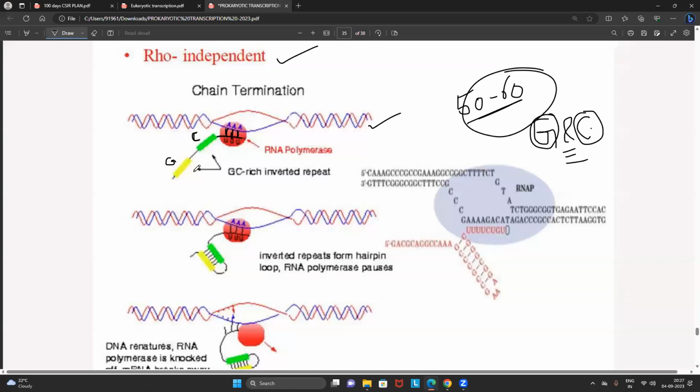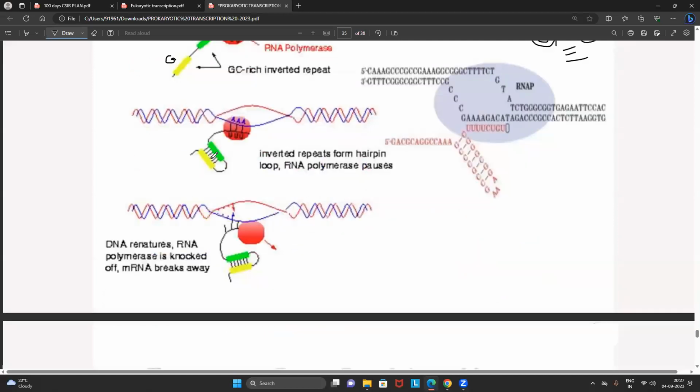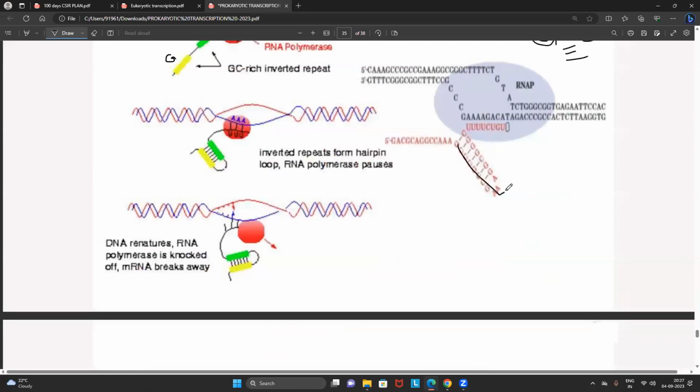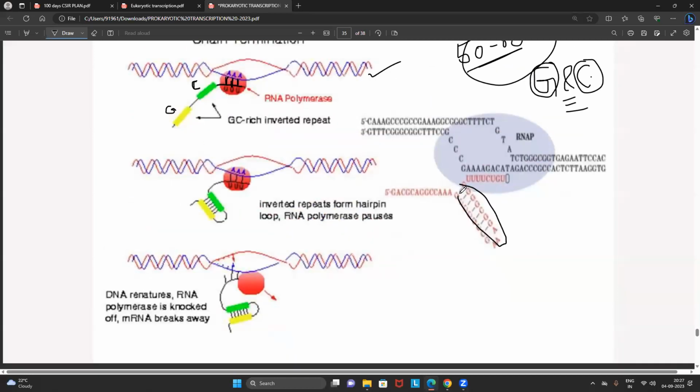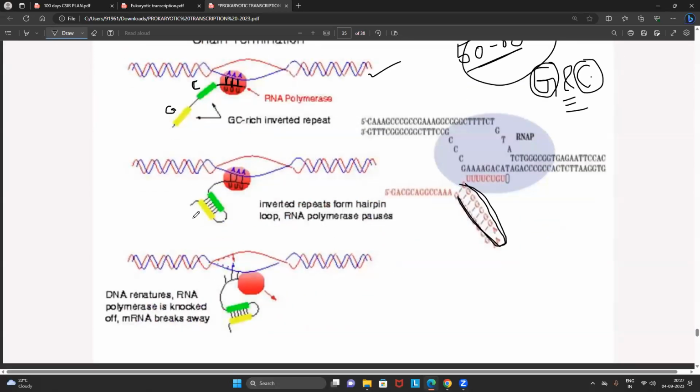Now the question is very, very clear, friends. How does the guanine pair with the cytosine? With the help of hydrogen bonds. Now look into this. Whenever guanine pairs with cytosine, see this? It forms a hairpin loop-like structure. So the ladies keep a hairpin, and when guanine and cytosine pair, it also looks exactly like a hairpin. Now the point is very clear. The hairpin loop will provide the strength. Remember my words, friends. The hairpin loop will provide the strength to pull this RNA.